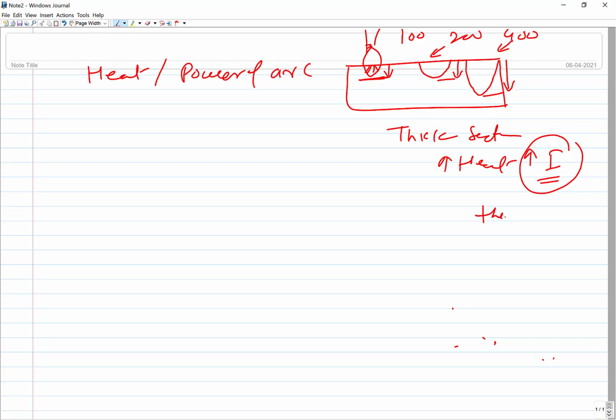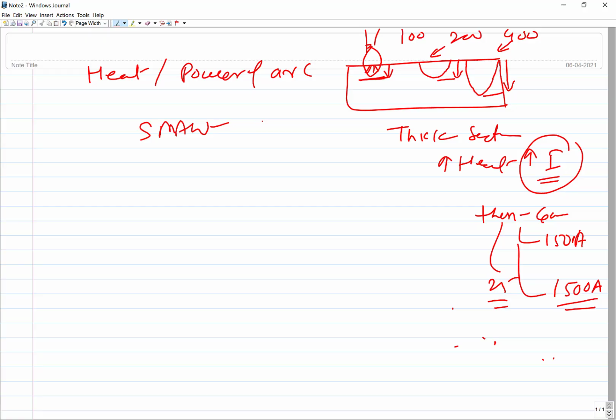For thin sheets, say 6 mm, you may use a current of 150. But if it is say 25 mm, you may have to use a current of 1500, as per the capability of the welding process. For SMAW, the welding current maximum is around 600 to 800 ampere. But there is a process like submerged arc which can handle even 2000 ampere of current. So welding current directly affects the heat input. The voltage is not used for adjusting the heat input.